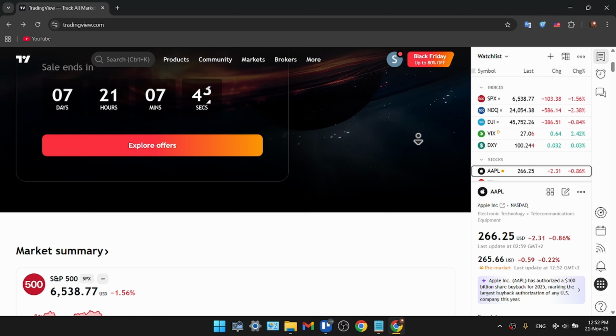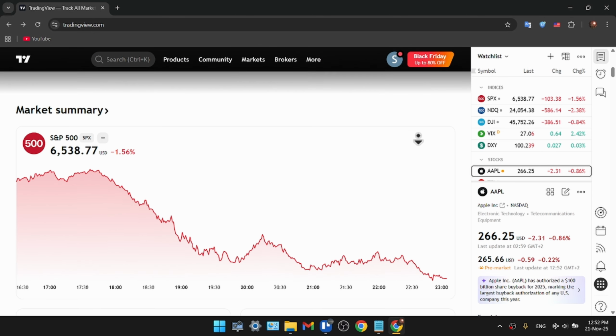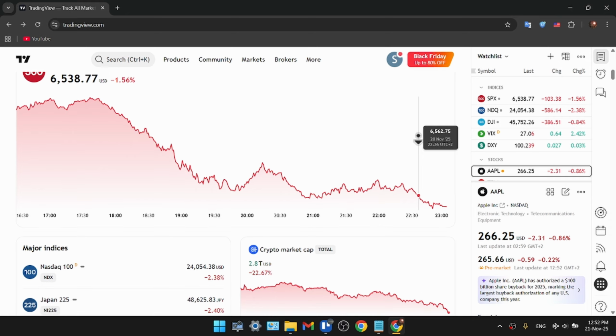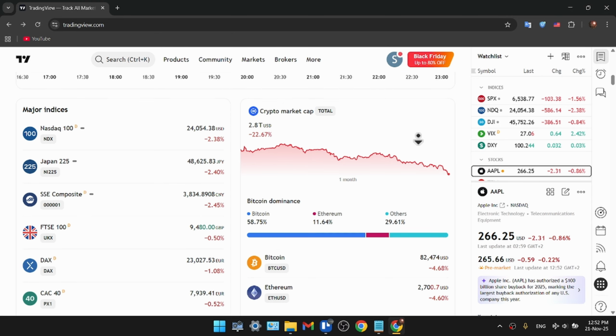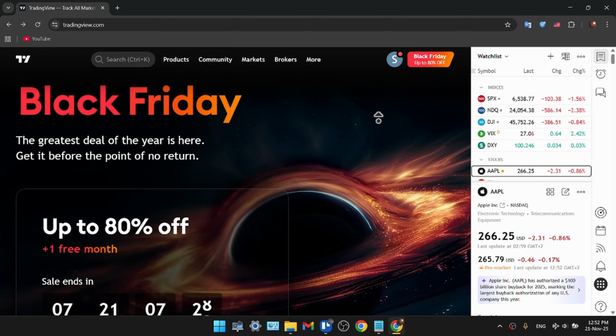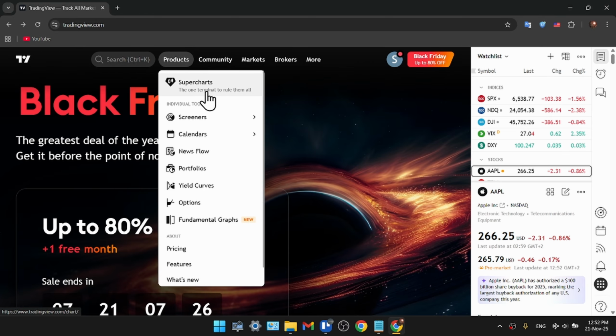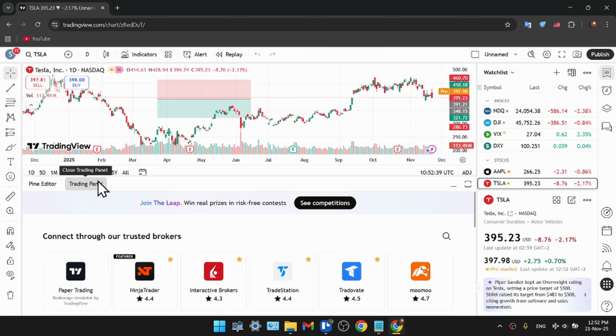When your broker is supported, TradingView becomes the front end and MT5 handles execution in the background. So in the TradingView mobile or desktop app, you can open the trading panel at the bottom and look for your broker in the list. So for that, you go to Products, Supercharts, and in this interface, you need to open up your trading panel. And here, guys, the MT5 brokers that support TradingView include Pepperstone, TMGM, 8cap, AvaTrade, City Index, and